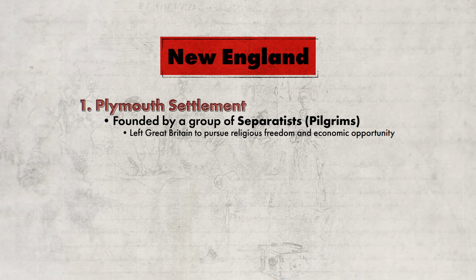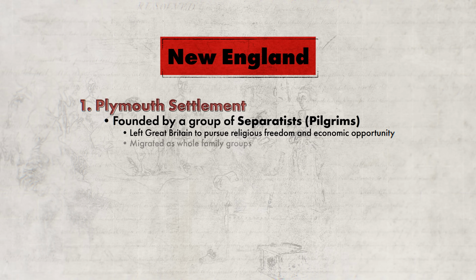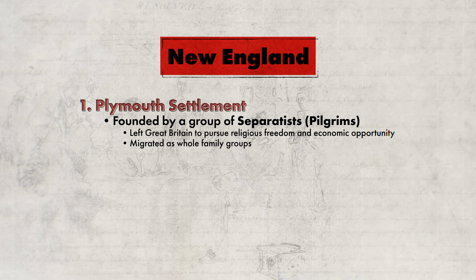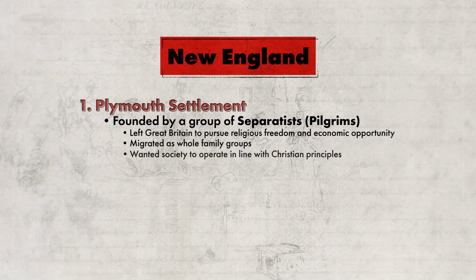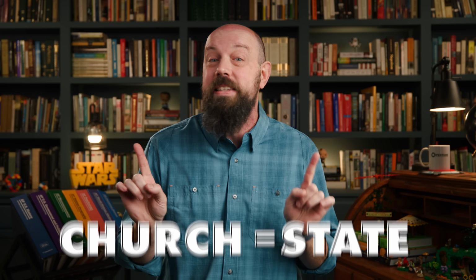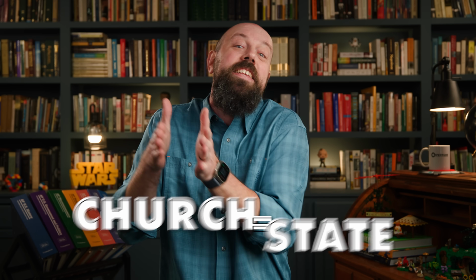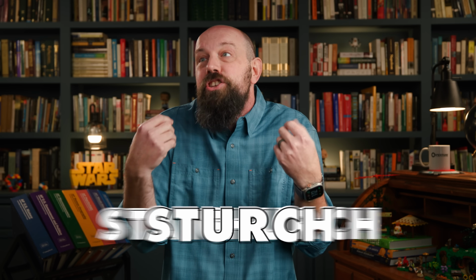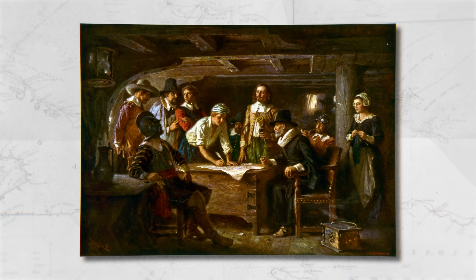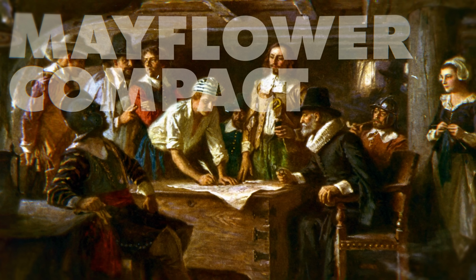And one of the big things to remember about these folks is that they mainly migrated as whole family groups. And that means they came in order to create a whole dang society, and as it turned out, they wanted that society to operate strictly according to the principles of the Christian Bible. In other words, church and state were in no way separated. The church was the state, and the state was the church. It was the sturch. Anyway, before they left their ship, they drew up and signed the Mayflower Compact,